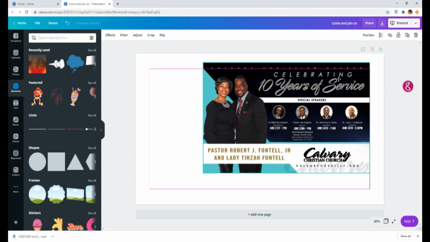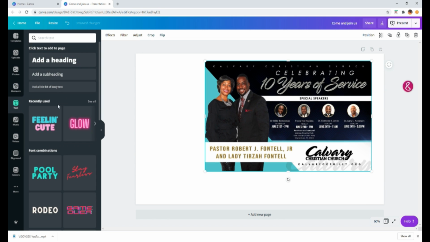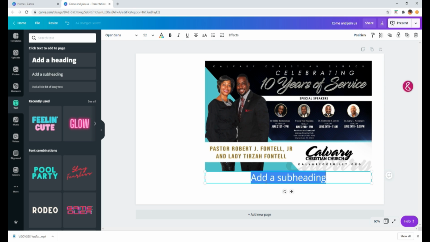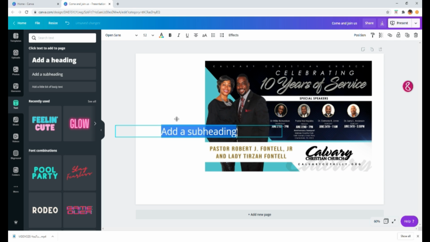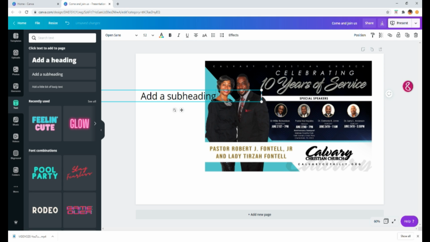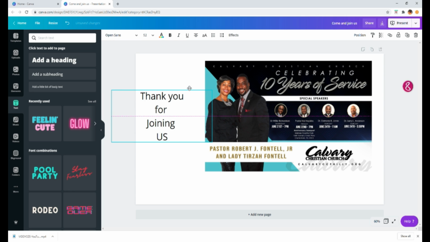Look at what you have to do. Let me adjust this a little bit. You have to go to text. You can write something simple. I just chose to say, thank you for joining us. It's the easiest thing to do. Thank you for joining us. And let me fix that. All right, so with this, you can change the colors of the font to match whatever you have going on, right? So once I adjust that where I need it,